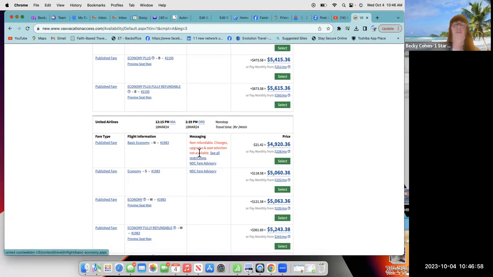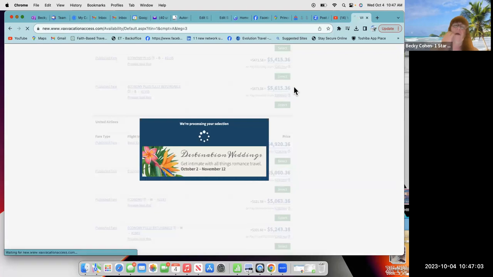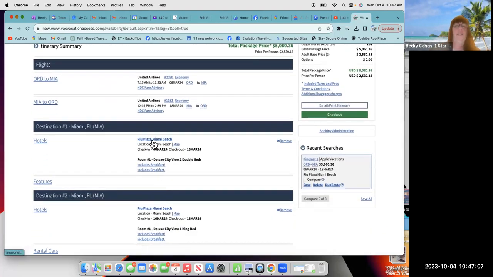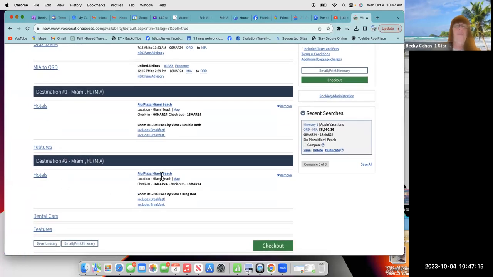I always try to do the one that is refundable. So remember that as well. Okay. So here we go. And now it should kick us out. It's got us at the Rio Plaza. Okay. So we might not need that. And it's got us at the Rio on the way back. So let's check to see. And if they are specific, then we can obviously look at,